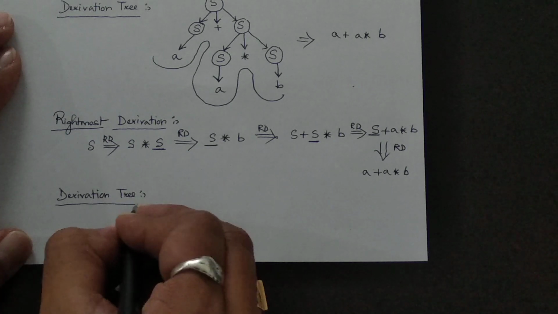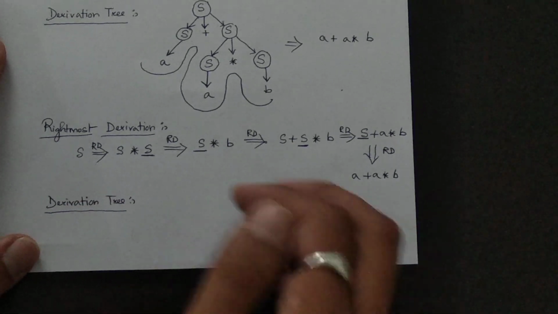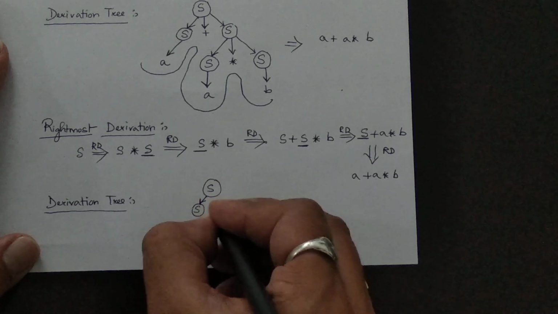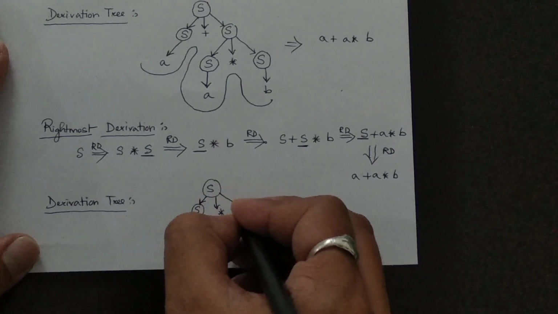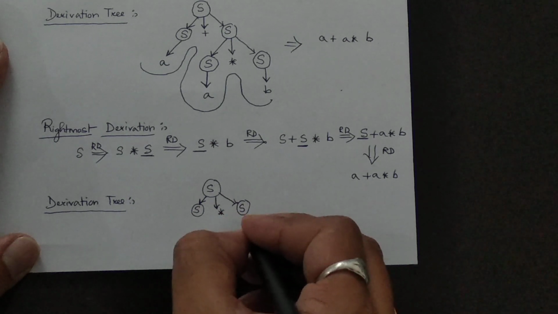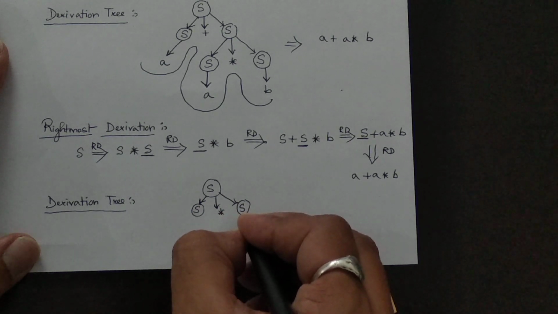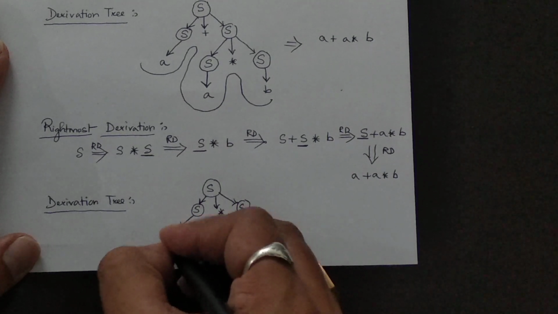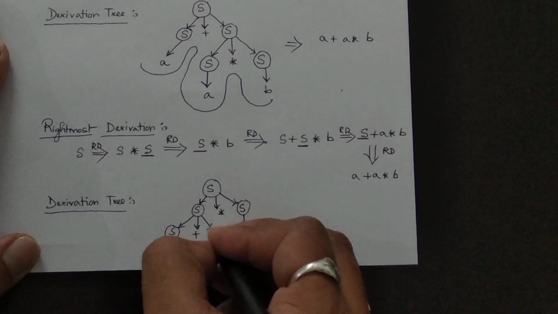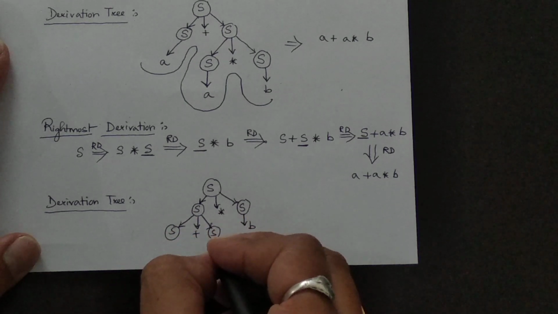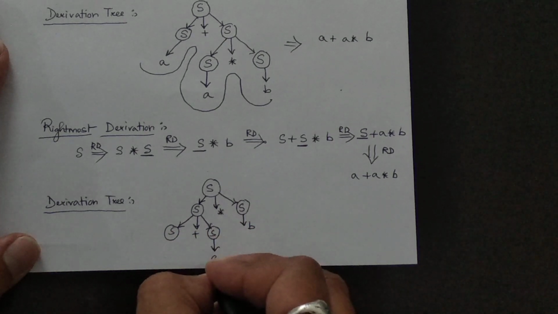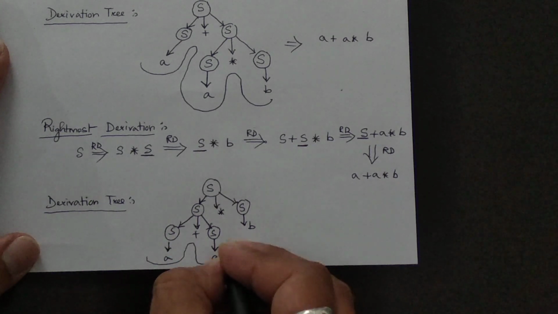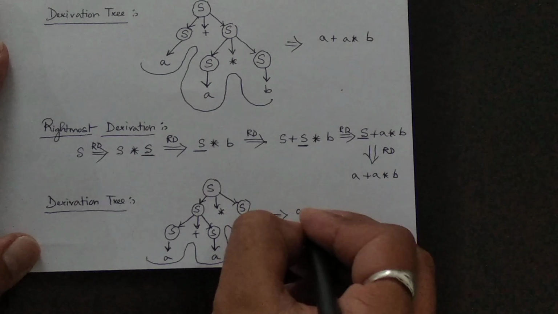So I will draw the rightmost derivation tree a little bit fast. S, then you got S into S. Then what did you do with the last S? You just replace it by B, and then here you did S plus S. Then you replace this one first by using A, and then you replace this one. So if you check it from the left-hand side, the string that you got is A plus A